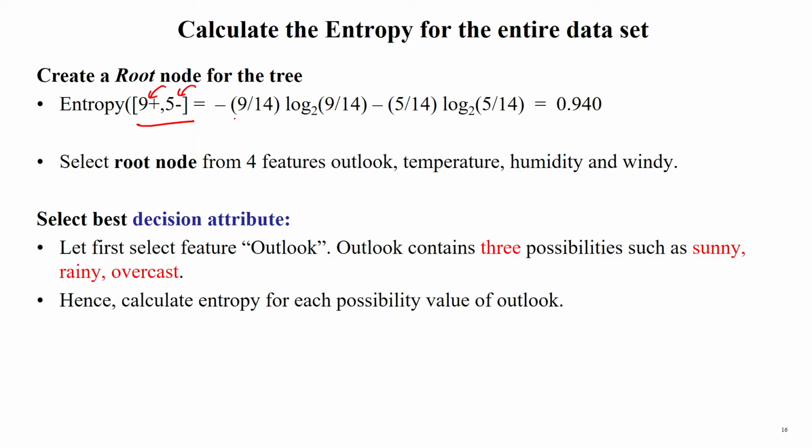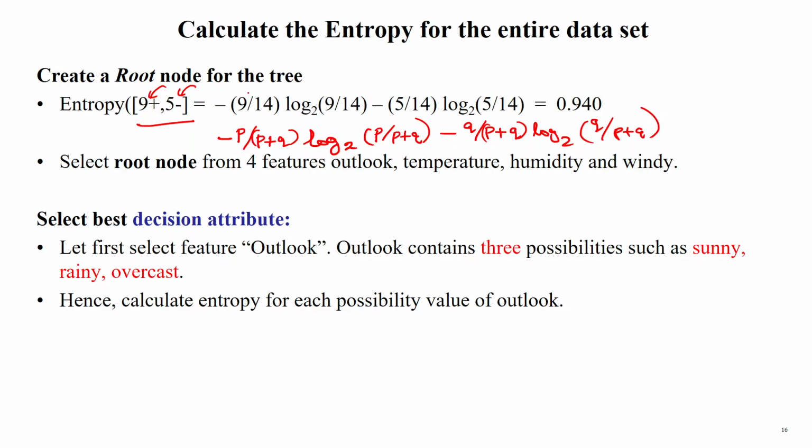Here we apply the formula: minus the number of positive samples divided by the total number of positive and negative samples, log base 2 of the number of positive samples divided by the total number of samples in the data set, minus the number of negative samples divided by the total number of positive and negative samples, log base 2 of the number of negative samples divided by the total number of samples in the given data set. When you substitute the values, you will get 0.94, that is 94 percent impurity of